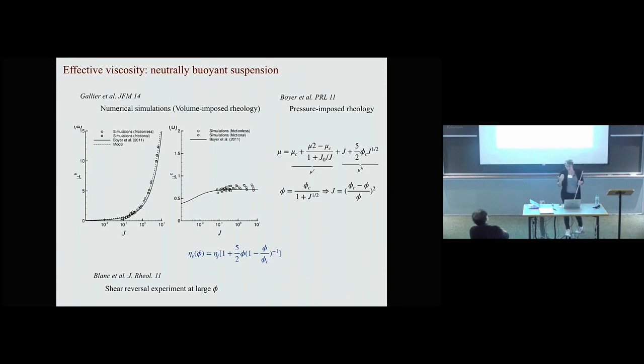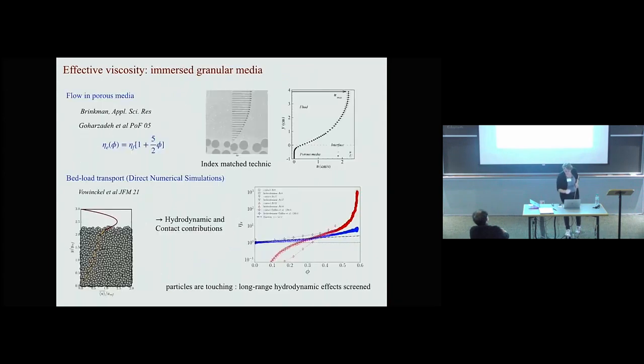But now, if we consider our configuration of immersed granular media, they are not neutrally buoyant. So they are all settled. And then, if you look at the community of flow in porous media, what they usually use is simply an Einstein viscosity. And it works well to describe a flow over a fixed particle bed. And now if you take the work that Bernard showed you this morning, in the same configuration that